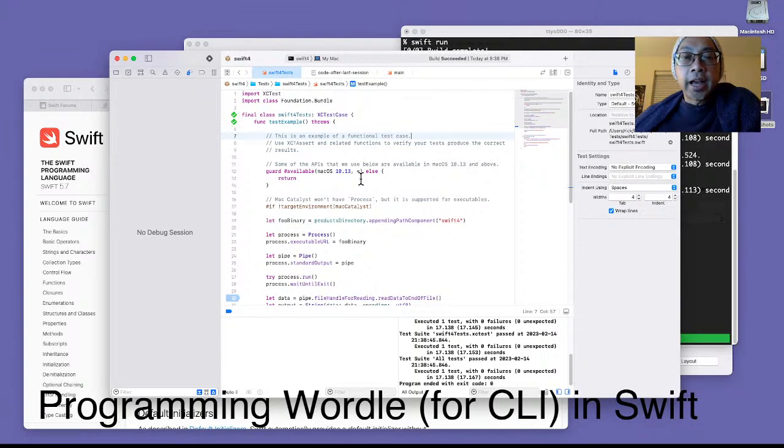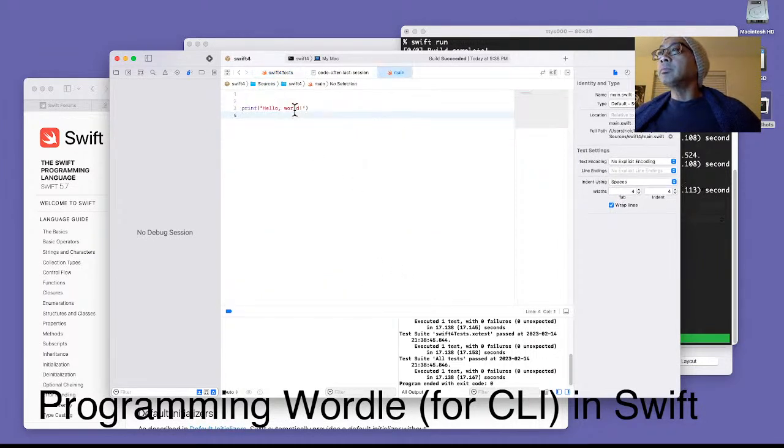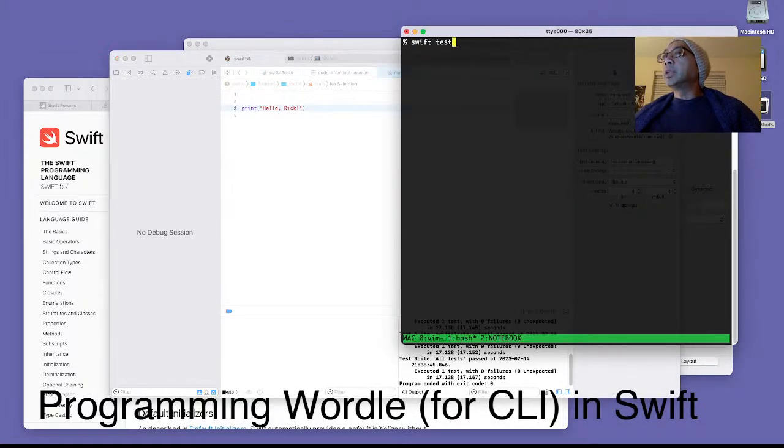If I roll the stack back all the way to what I was starting with, essentially I found out that this was running the program. It was running the program, and it was looking for the output. And to prove that, if I go to main and I change this to Rick, if I were to run the test again here, this seems faster on the terminal. Probably why I like working on there, but we're going to need to be in Xcode. If I do the test,